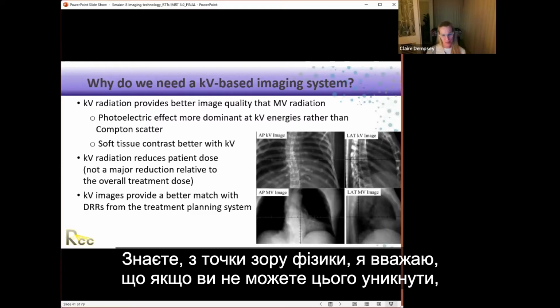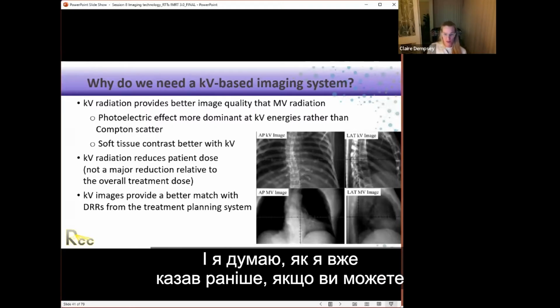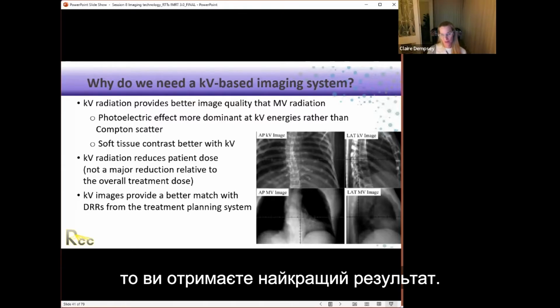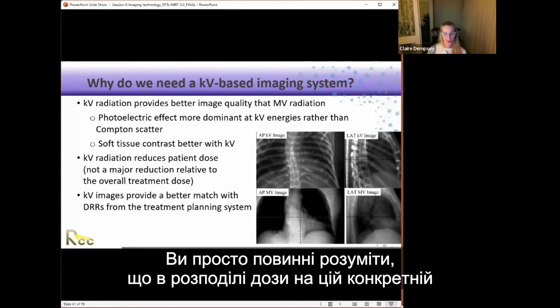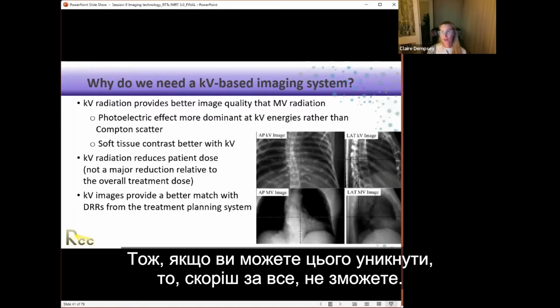Yes. You know, from a physics perspective, I guess, look, if you can't avoid it, you just have to deal with it. And I think, like I said before, if you can contour everything and apply correct densities and things like that, then you're going to get as good as you can get. You're just going to have to understand there will be inherent uncertainties in your dose distribution in that particular area. And if you can avoid it, although you probably can't,